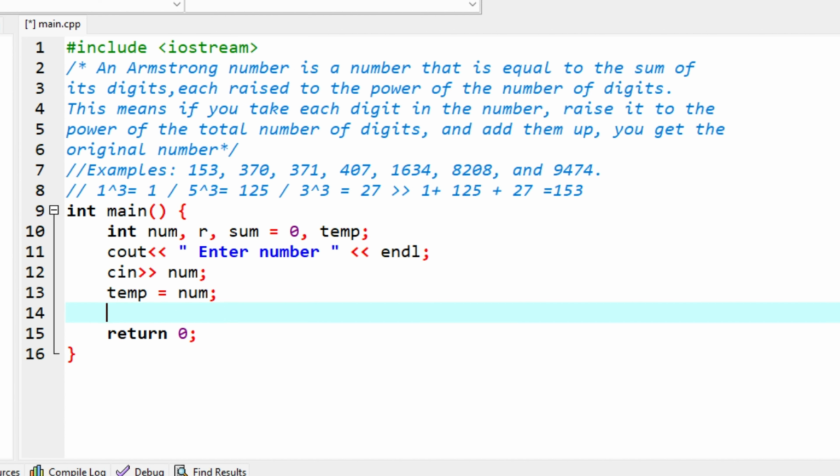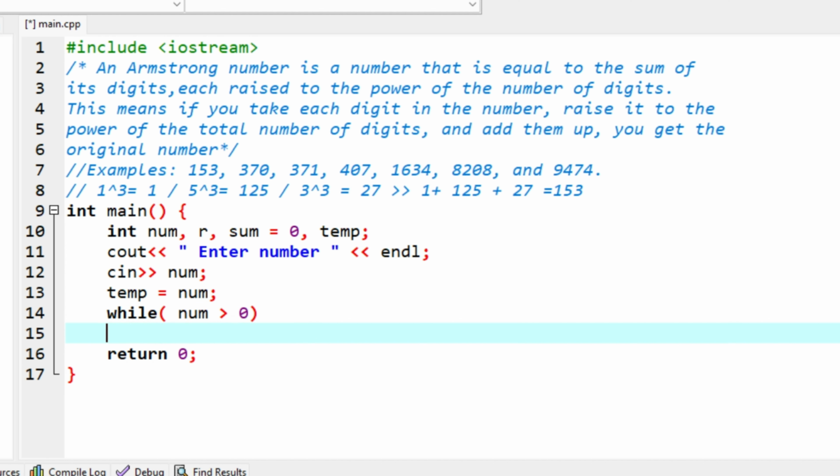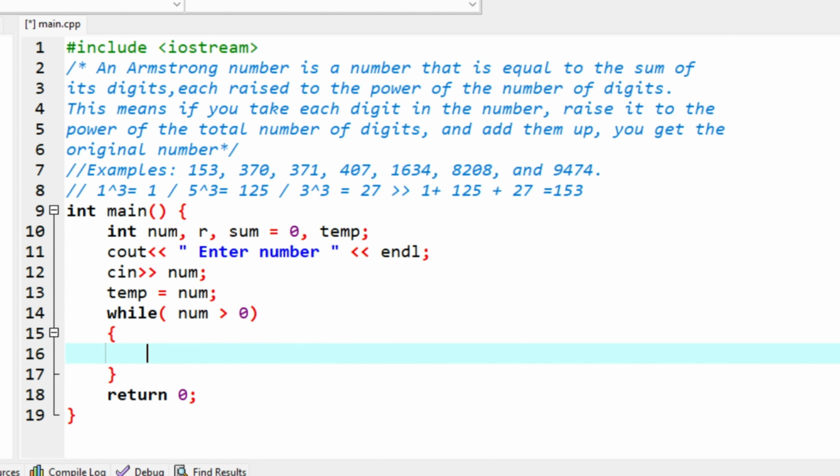Now after this, we are going to check whether our number is different from 0, because the Armstrong number cannot be a 0. That's why we have to use here while our number is greater than 0, right? Yeah, must be greater than 0. Then in this case, we can now check whether it is Armstrong by finding the remainder which is